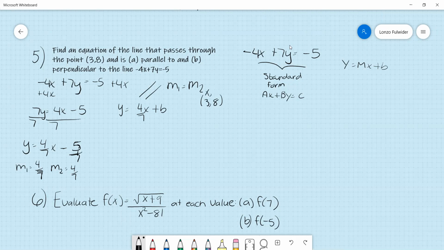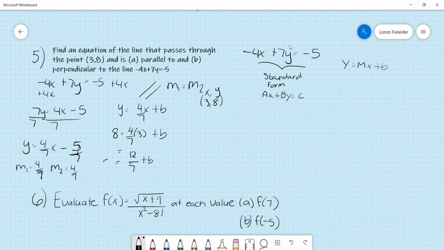The 3 is our x, and the 8 is our y. So we're going to plug it in to this equation. So y is 8, and this is going to be 4/7 times x, which is 3, plus b. So this is going to be what? 4 times 3 is 12 over 7 plus b